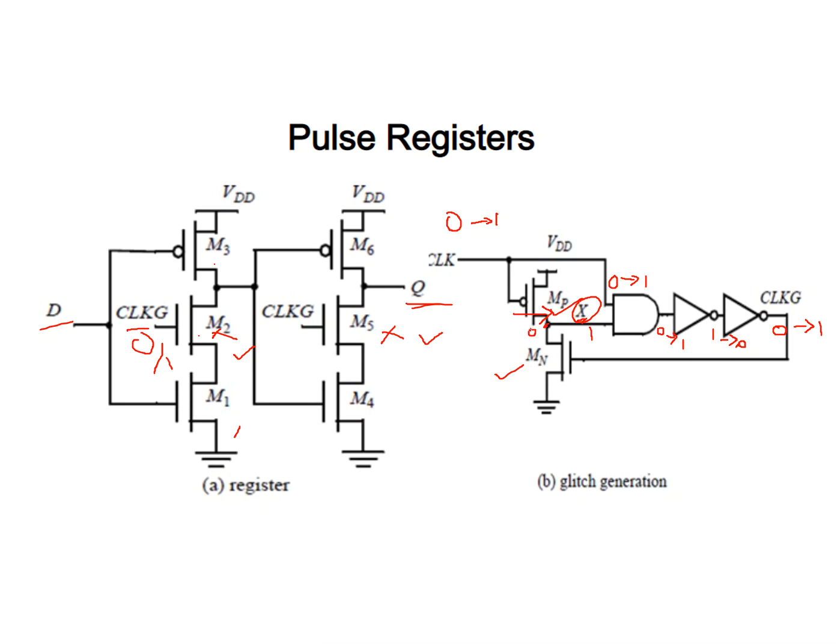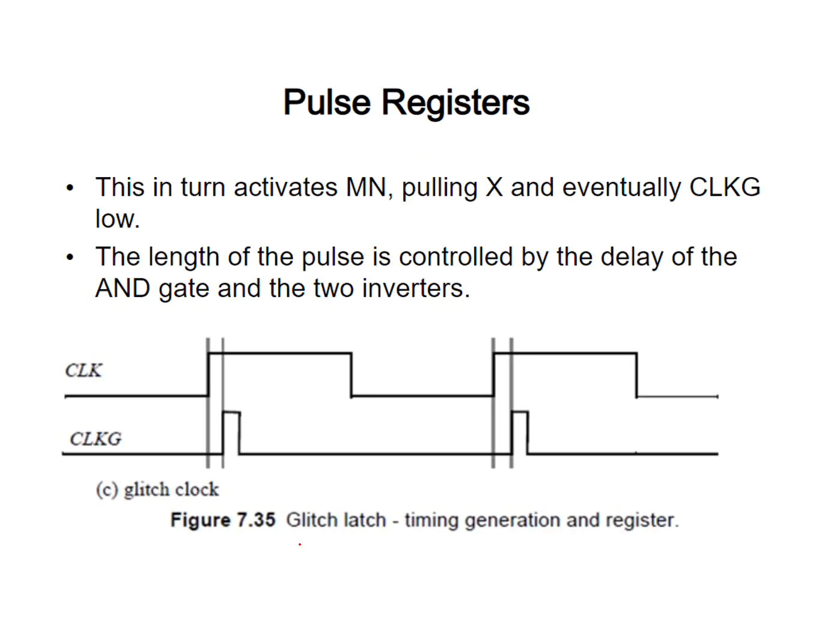See here, within a short duration, before reaching the value of X, these changes will be occurring. When 1 is given to this PMOS gate, as this is an off condition, that off condition should be considered here. Before that, it is considered as 0. This is considered as a 1 and 1 combination, and you will get the output here. This is shown in the pulse signal shown here. See here the glitch latch. When the clock changes from 0 to 1, within a short duration a pulse is generated at your output.